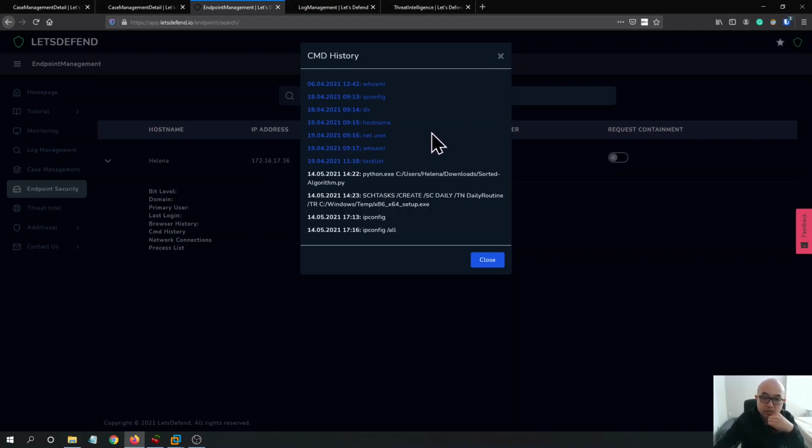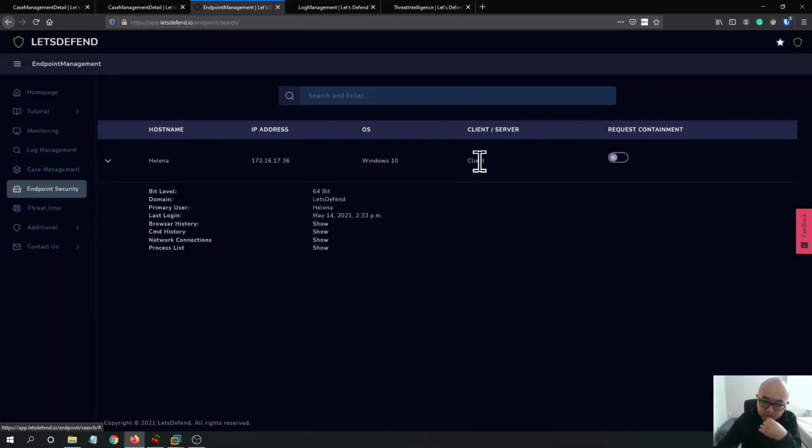Like if it's a sysadmin, those commands could be legitimate, but if it's just normal user workstations, all these commands are really suspicious because a normal user wouldn't run all these commands. So it potentially is because the attacker has already gotten on these endpoints and is trying to do lateral movement by identifying the users and trying to escalate the privileges. So definitely we need to